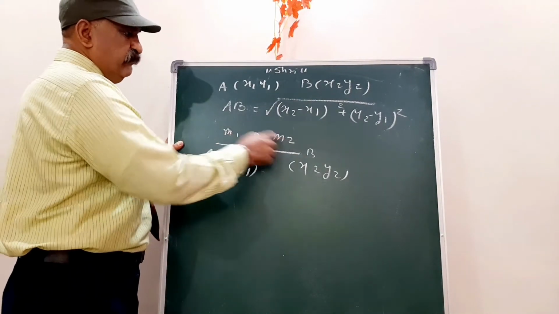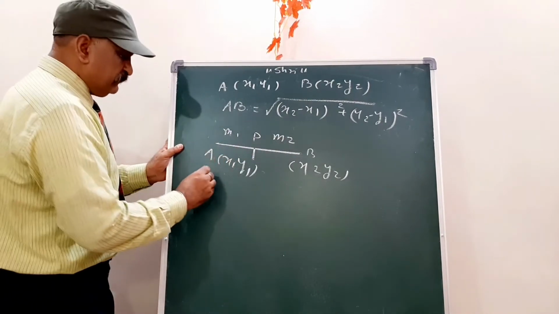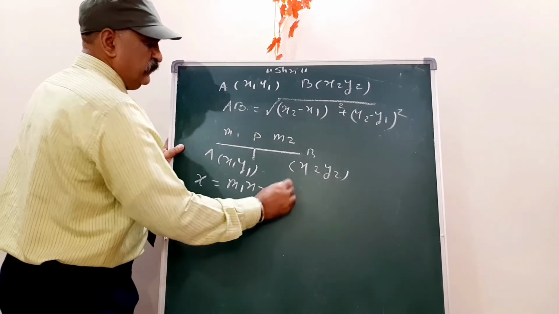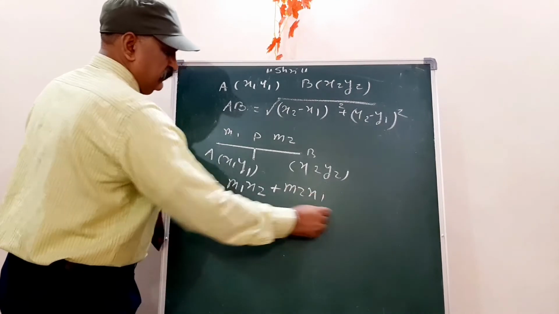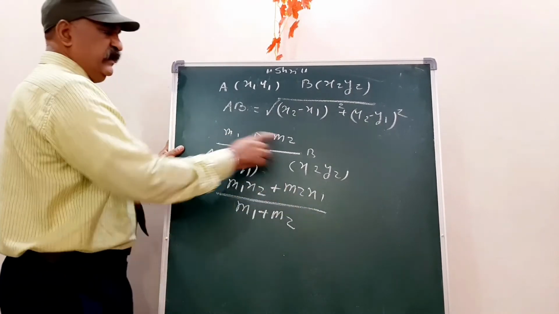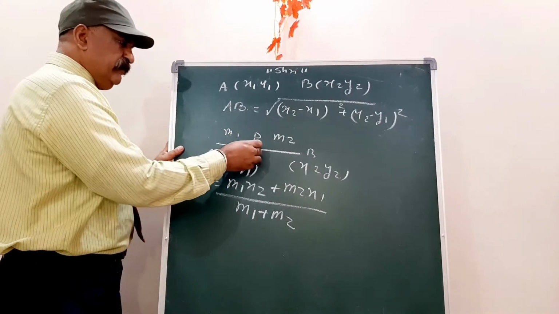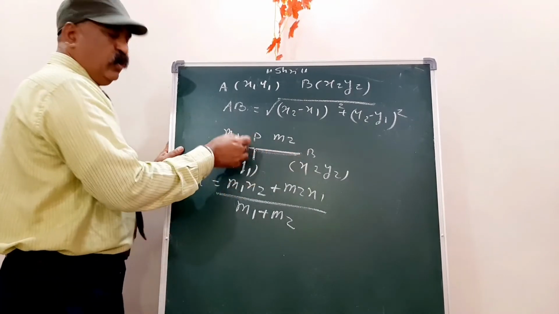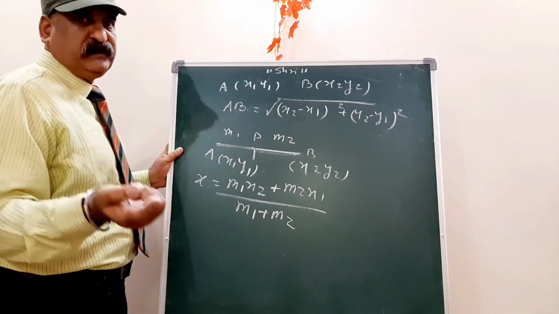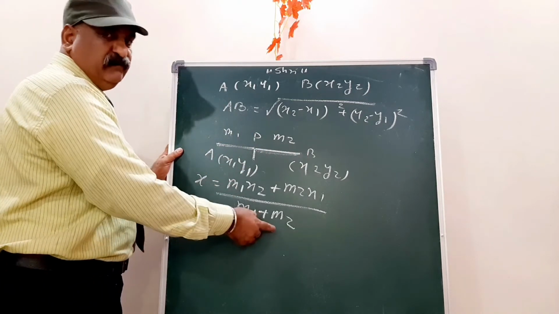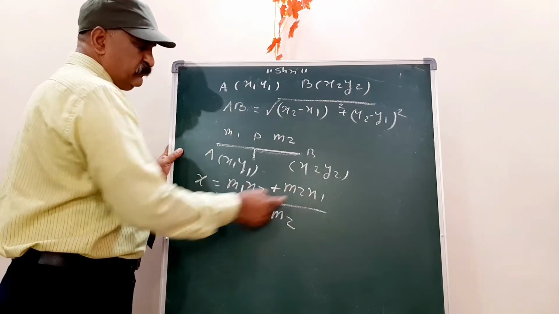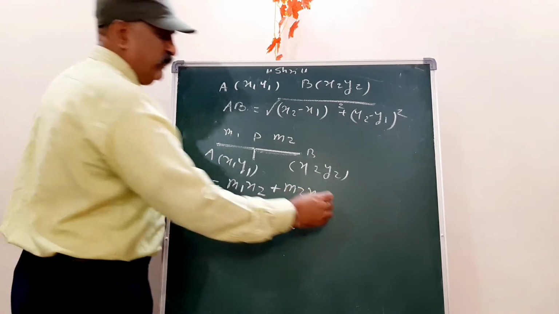The ratio is m1 is to m2. The formula is x is equal to m1 x2 plus m2 x1 upon m1 plus m2, where m1 and m2 is the ratio. Sometimes it may be 2, 3, or 3, 2. Suppose the ratio is 2 is to 3, so you can write m1 and m2. So x is equal to m1 x2 plus m2 x1 upon m1 plus m2, and y is equal to